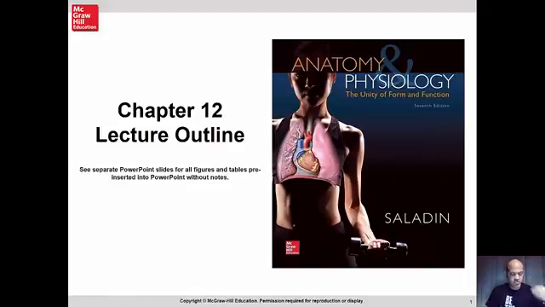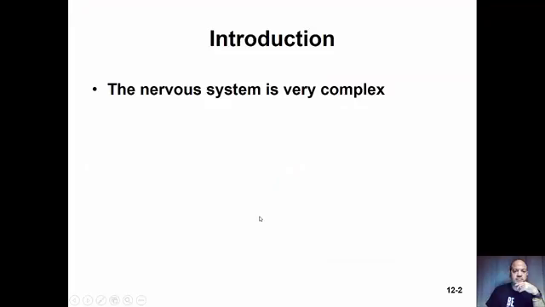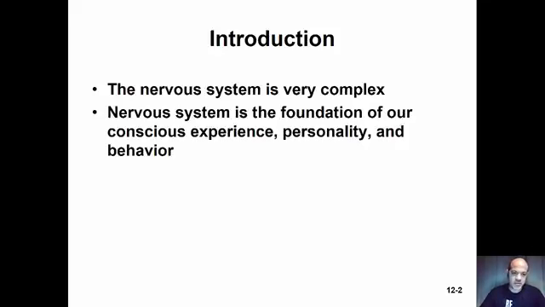So this is chapter 12 on nervous tissue, and in general the nervous system, where we find nervous tissue, is very complex, and the nervous system is the foundation of our conscious experience, personality, and behavior. So thinking about the basic ways that a neuron behaves, but how a collection of them combined together make you who you are,